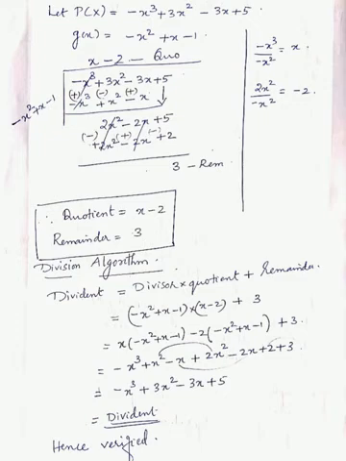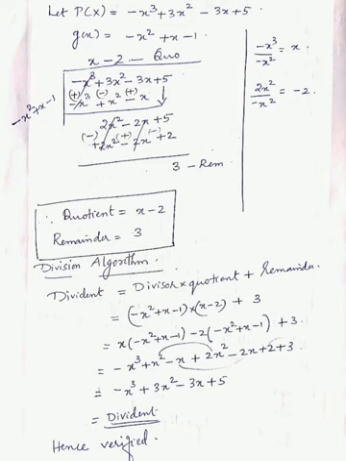So the first term of the dividend is 2x square. So 2x square divided by, the divisor will not change, isn't it? Divisor's first term is minus x square. So you write 2x square divided by minus x square. We will get that minus 2. That you write as the quotient second term. Then multiply minus 2 by the divisor and write. Then change the sign of the second polynomial. Do the subtraction. We will get the first two terms as cancelled and 5 minus 2, that is 3, we will get as a remainder. Okay. So we will get the remainder as 3 and quotient as x minus 2.